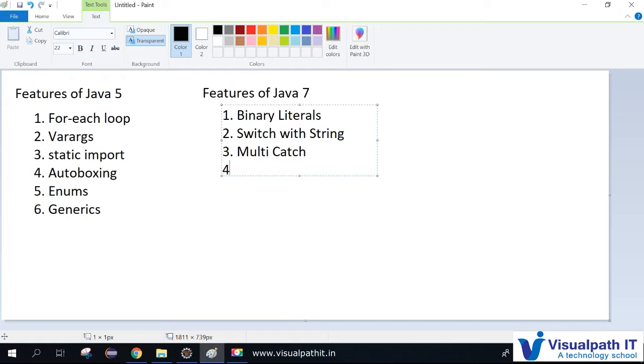And fourth one is try with resource. And fifth one is type inference. Sixth one is, like how we have binary literals, they introduced numeric literals also.